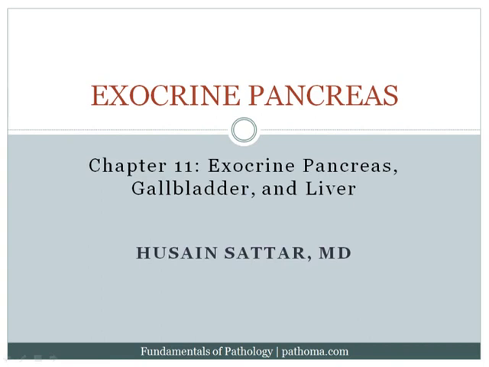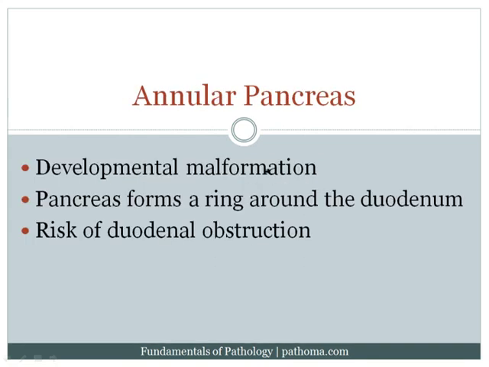In this particular chapter, we're only going to discuss the exocrine pancreas, and we'll leave the endocrine pancreas for the endocrine chapter. The first disorder is annular pancreas. This is a developmental malformation. Here the pancreas forms a ring around the duodenum, leading to a risk of duodenal obstruction. It's a fairly high-yield topic to show up on examinations because it is a good tie-in